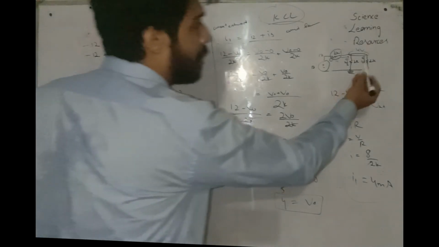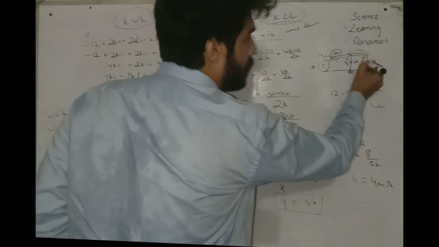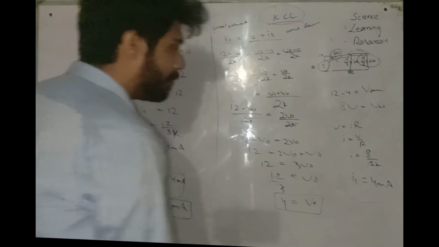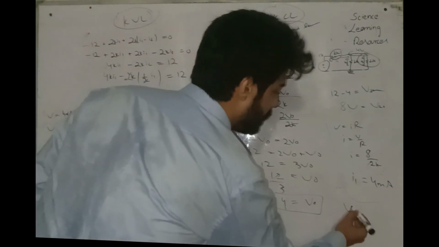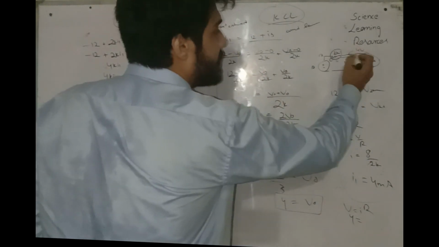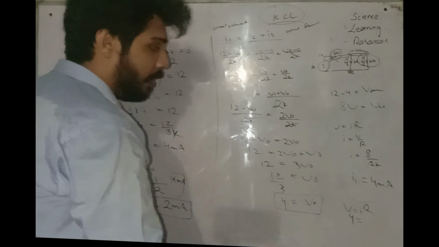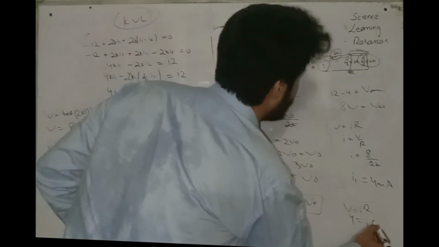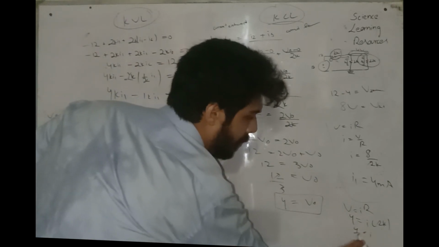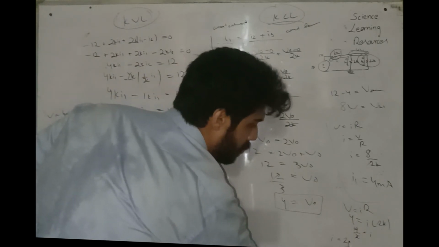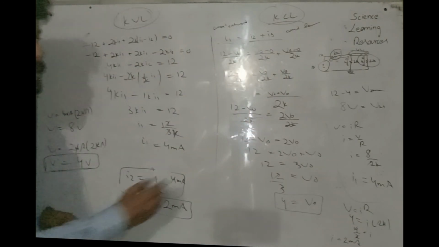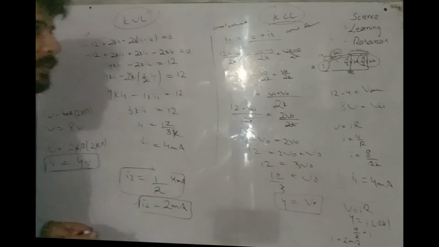But again, you have to calculate the current. If you want to calculate the current at this point, it is I3. So you have the voltage V equals IR. You have the voltage which is 4 volts. The voltage is the same here because it is in parallel. And what is the current? I have to calculate the current, and it is 2K. After that, I equals 4 over 2, which is I equals 2 milliamps. So you can see this I2, the current in this loop, will be 2 milliamps.